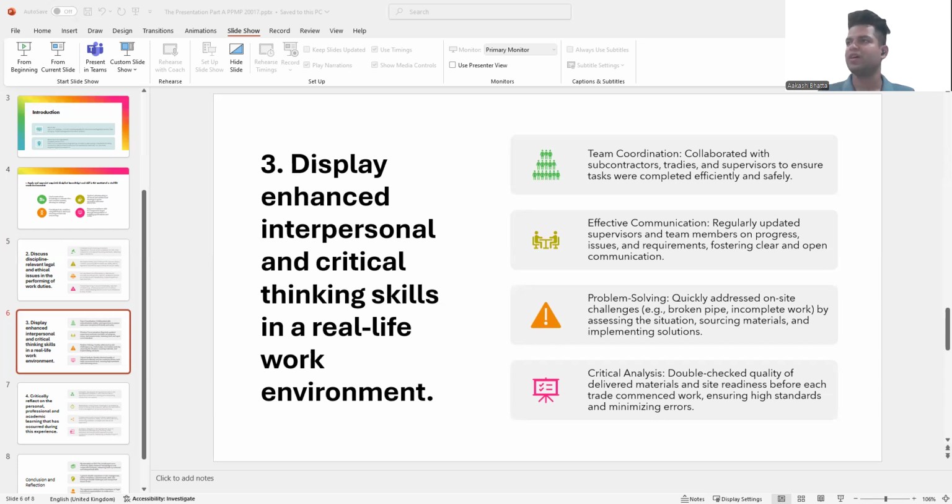So what I did here is regularly update the supervisor and team members on the progress, issues and requirements, fostering clear and open communication. Problem solving: quickly addressed on-site challenges like a broken pipe or incomplete work, or sometimes when the tiler does the work, some of the tiles don't line up with the skirting.